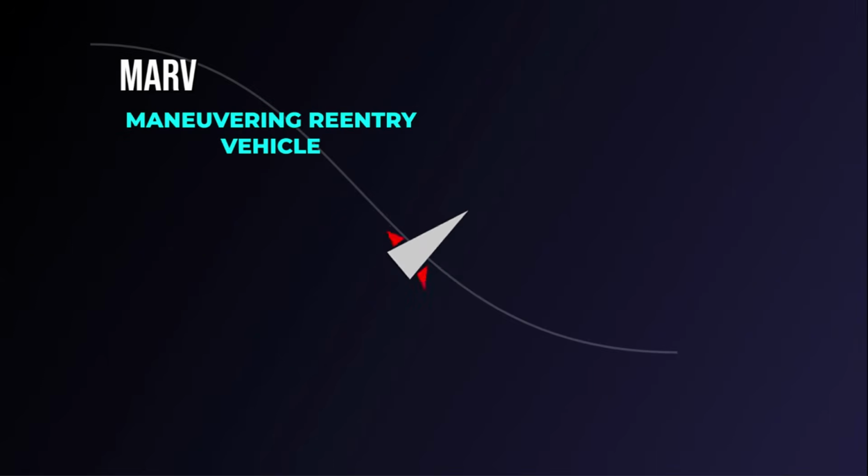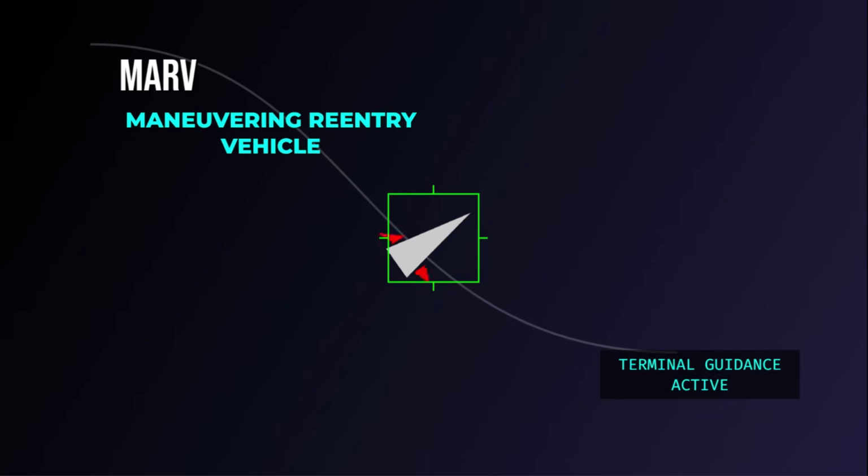The next evolution in targeting geometry involves the Maneuvering Reentry Vehicle, or MaRV. Unlike traditional RVs, which follow a purely ballistic path after separation, MaRVs incorporate small control surfaces, or thrusters, to perform terminal guidance corrections within the atmosphere. This capability allows the RV to actively compensate for atmospheric disturbances and even evade terminal defenses. The bus still sets the initial trajectory, but the MaRV refines the impact point, potentially reducing the circular error probable to single-digit meters. This shift moves the final accuracy determination from the bus's orbital mechanics to the MaRV's aerodynamic control surfaces,